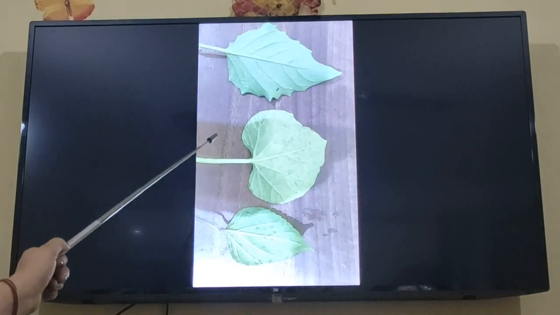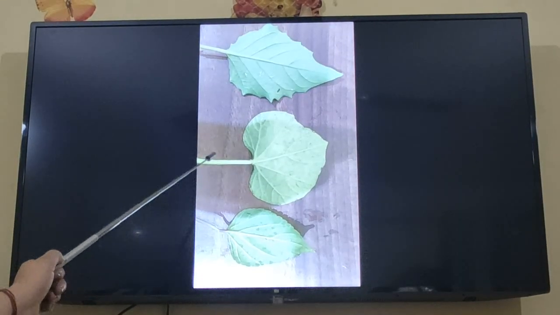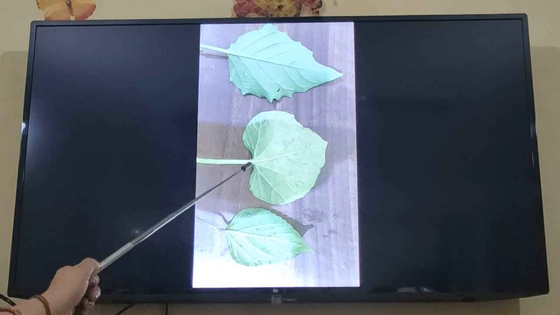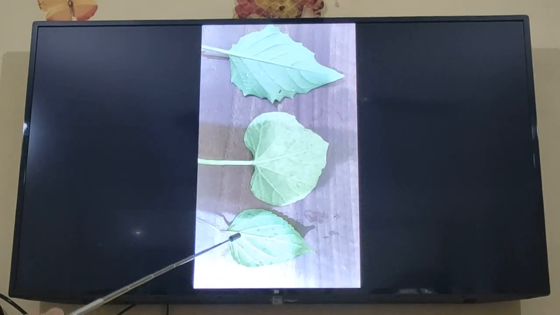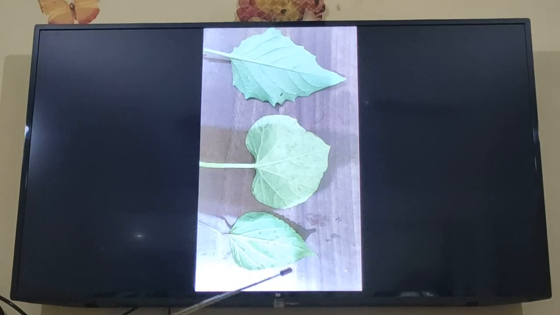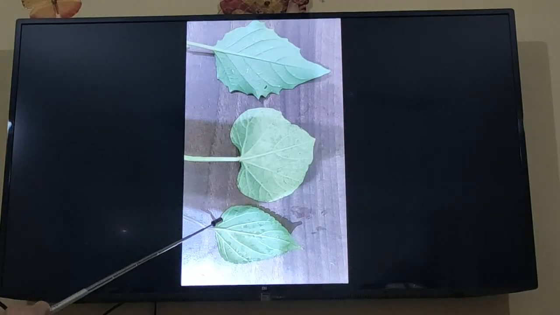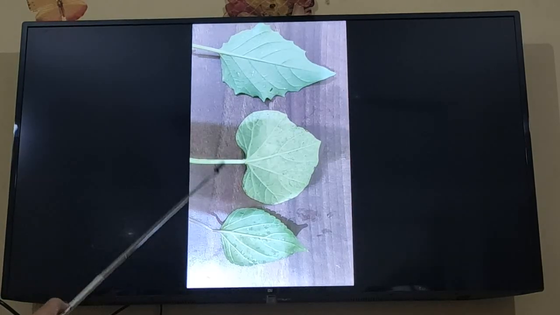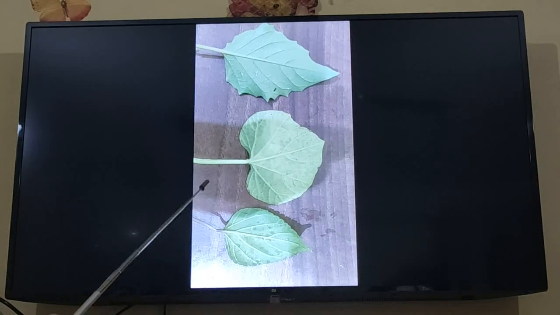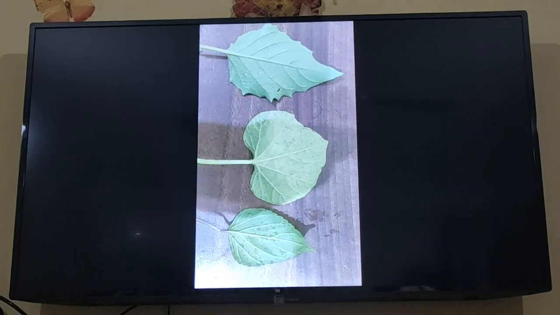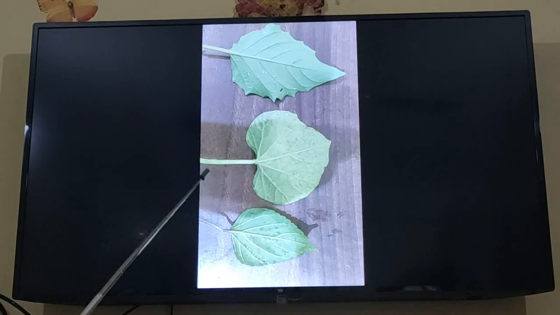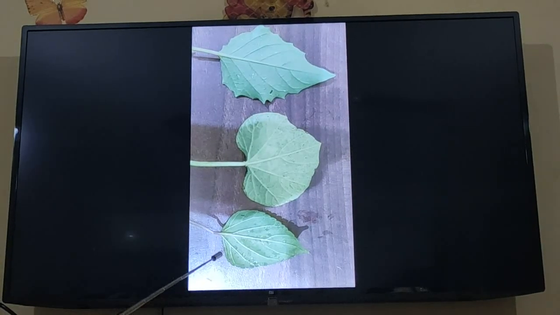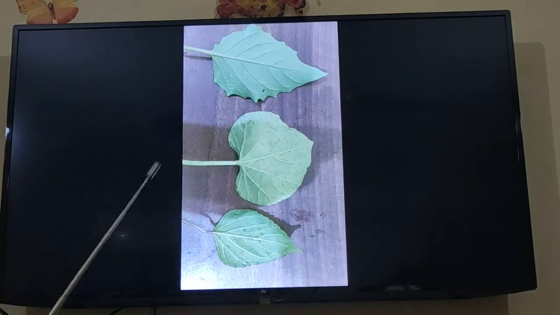The veins form a net-like design in an irregular way. See, look over here, it is showing the irregular way very nicely. One vein is there, and then the secondary veins are also there. So this is called reticulate venation. For example, mango leaf, pea plant, neem tree, marigold and tulsi have reticulate venation, and wheat, paddy, maize, sugarcane, bamboo, barley and many others, and banana also, have parallel venation.